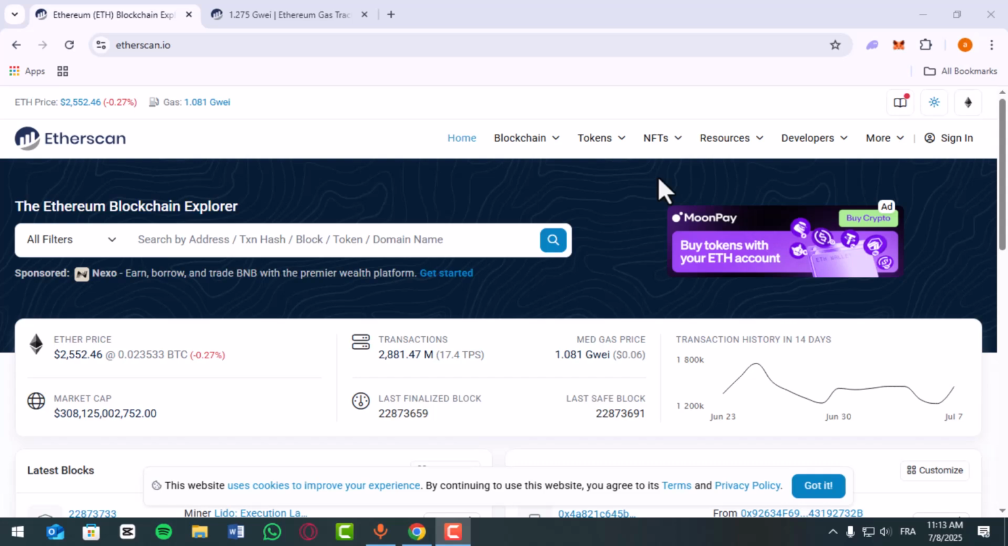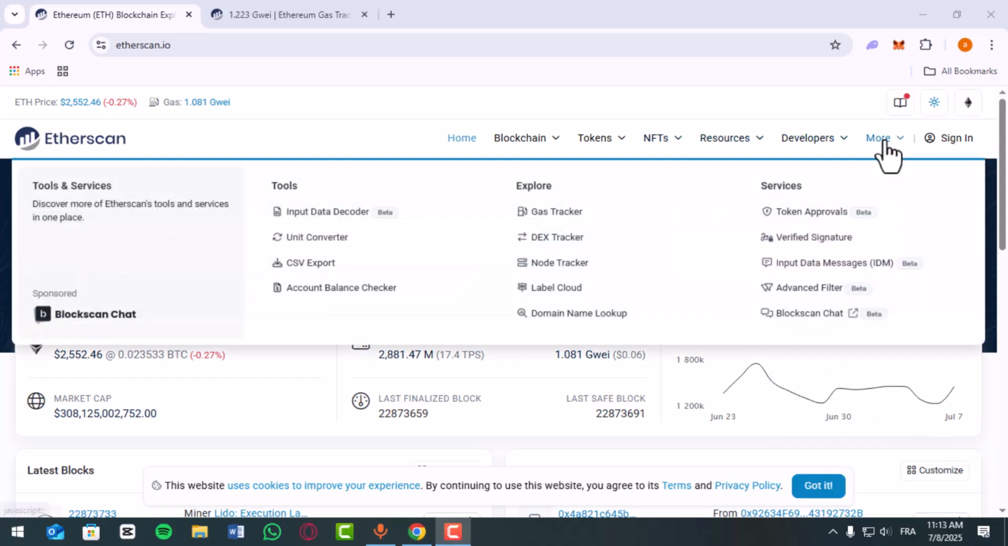Here is how to track Ethereum gas fees on Etherscan step by step. First, open your browser and go to etherscan.io. This is Ethereum's official blockchain explorer. At the top of the homepage, hover over to the More section and click on Gas Tracker, or go directly